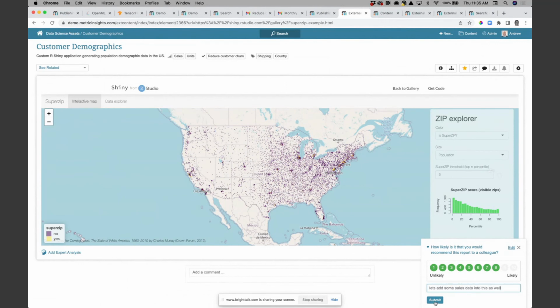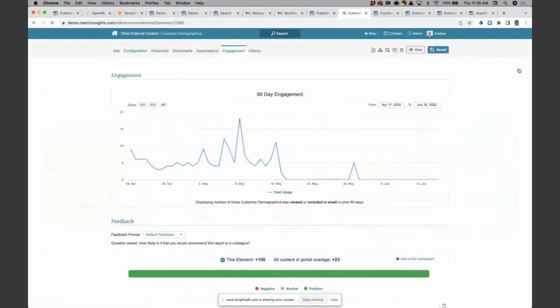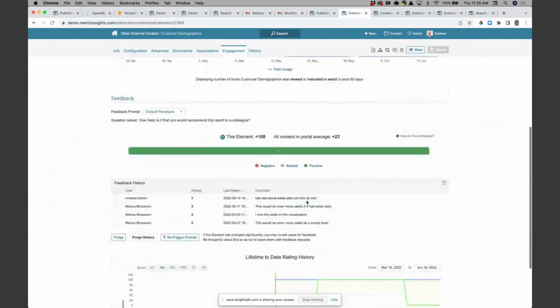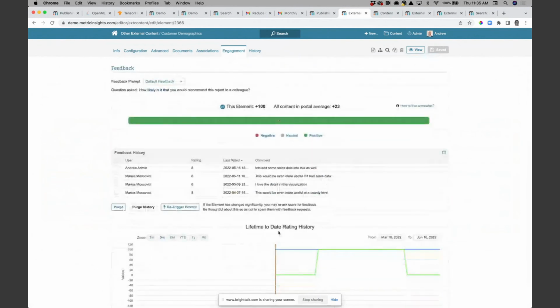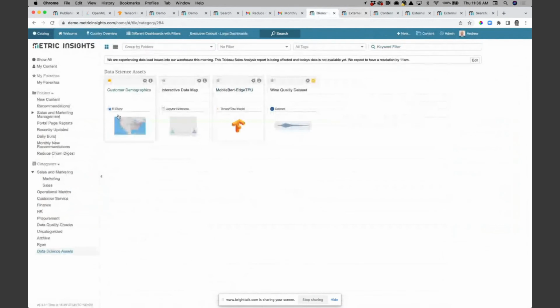You can gather that feedback from users periodically over time, so that when you come to review this particular asset, you can look at the engagement. So are we getting ongoing engagement with the content? Are people still using it? But you can compare that to the feedback that you're getting, the scores that people are giving, and the recommendations that they're making for how it could be improved. And using this, I can make some pretty informed decisions about whether a particular asset should remain in the portal, or whether we should deprecate it, or whether we should update and improve it.